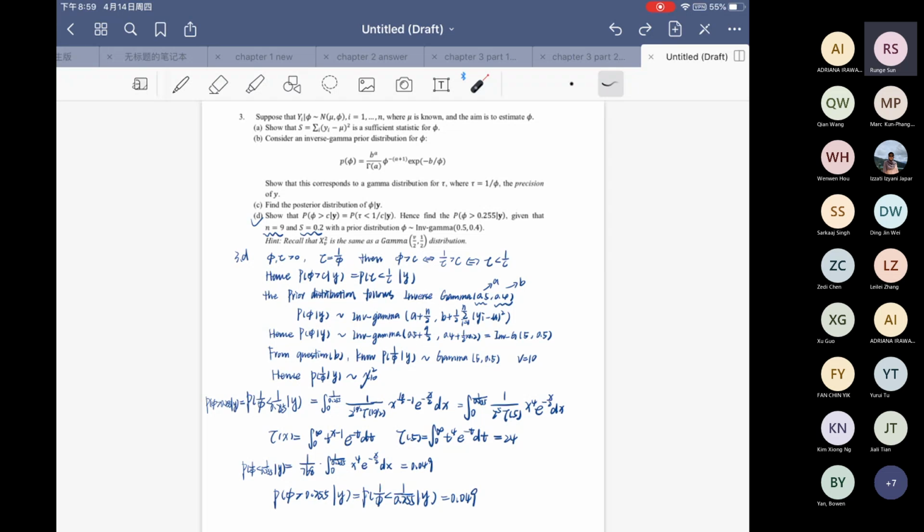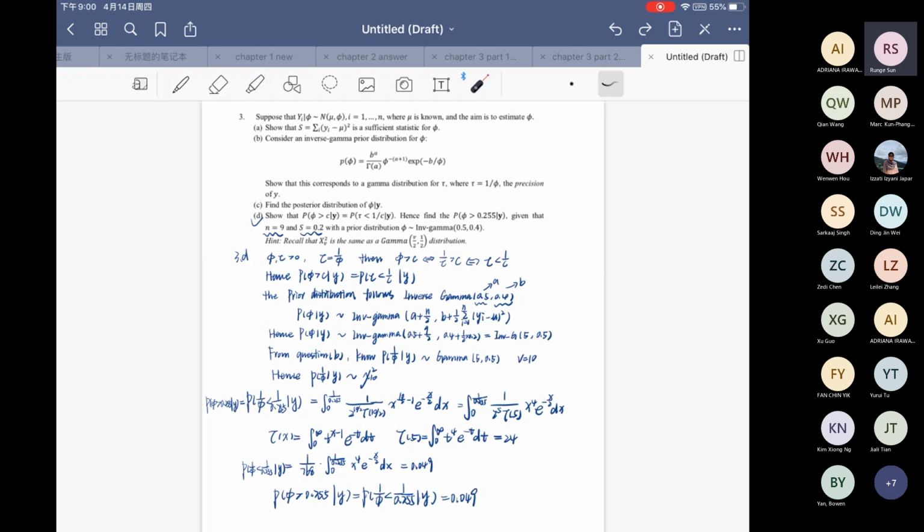All right, I think we can see your answer. Let me explain your answer. For part C, your posterior is inverse gamma, right? Then you can show the probability in the question. You want to find the probability that phi is bigger than 0.255. So actually your tau